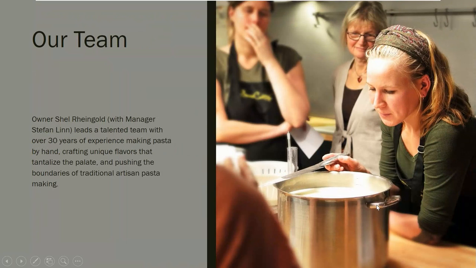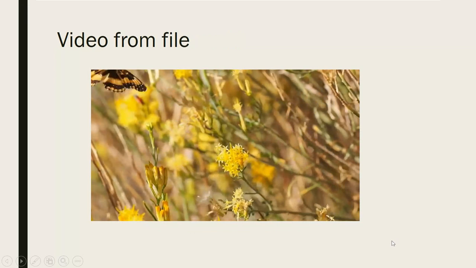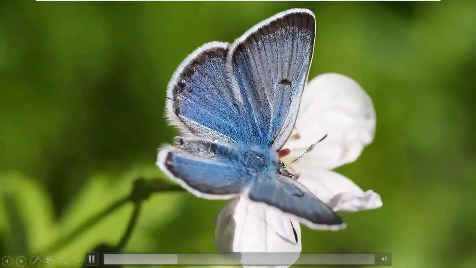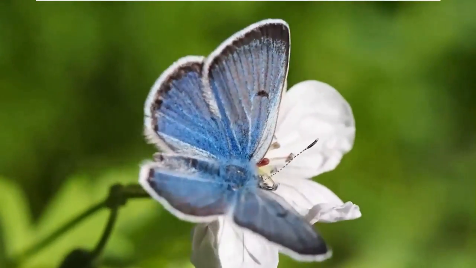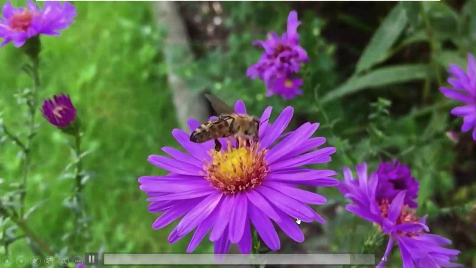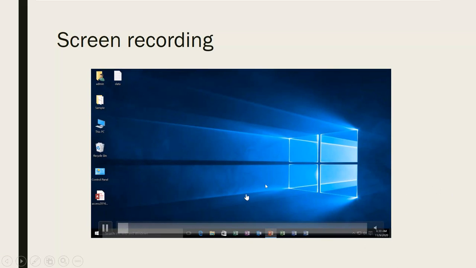I am clicking the mouse, going next, and this is my first video. Now it is not playing because I have not clicked the mouse. So when I click the mouse here, it is playing on full screen, and when it is finished, it will go back to normal. And when you go to the next video, you can see it has automatically started playing because I have selected automatic, but it is not playing full screen.